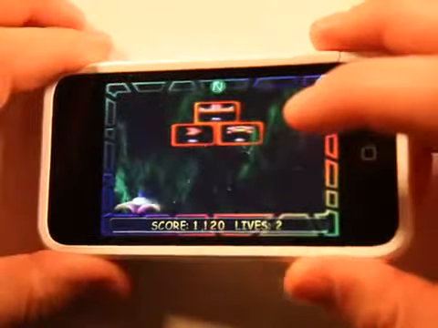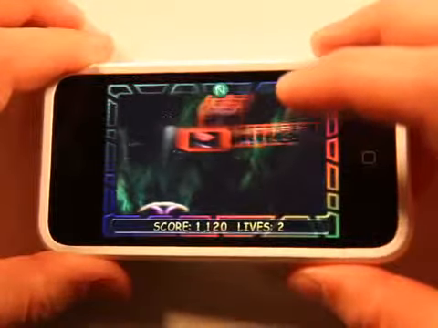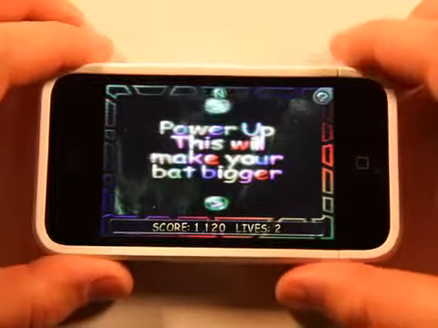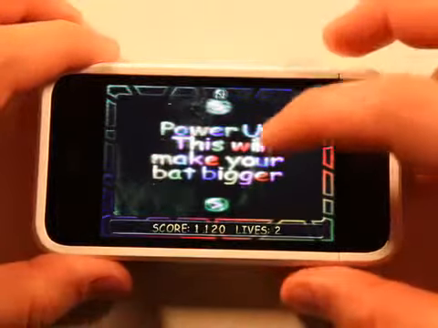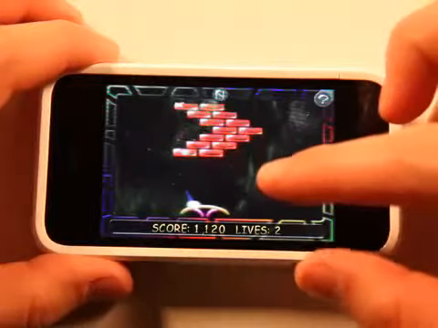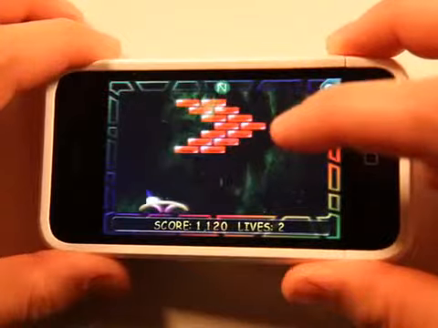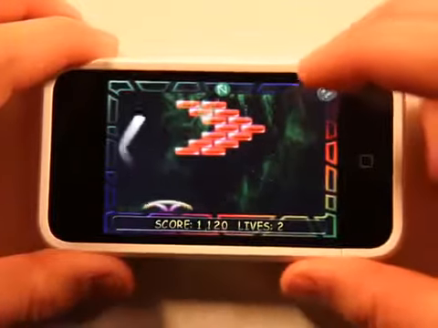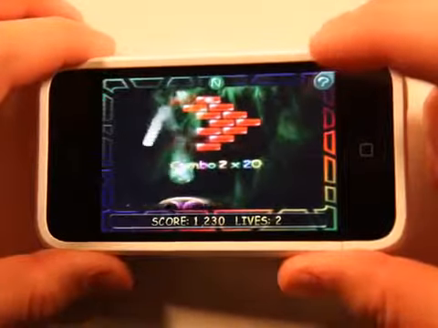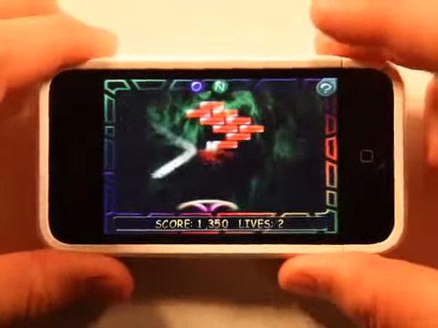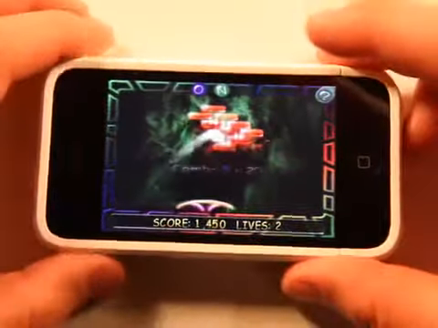So I can try and get to another, yeah, I was trying to go for the difficult to reach top one. So it tells you what to look for. So obviously if I find one of those little power-up deals, it makes my little bat, is what it's being called, larger. So you can see it's gotten a lot larger, but